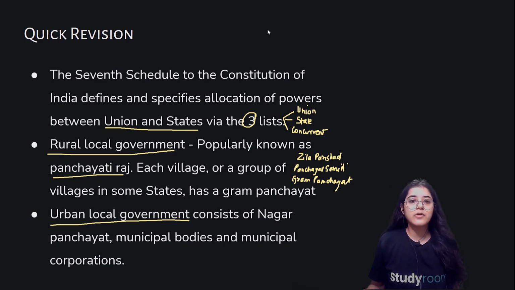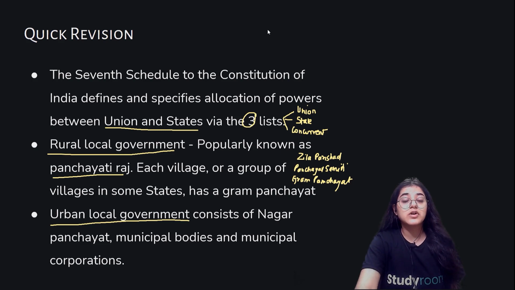Still, decentralization in India is one of the largest ways through which democracy has been propagated in the world, by giving representation at the local government level as well. This is one of the largest democratic steps taken in the world. That's how we can say that federalism and decentralization have played a very important role as the spirit of democracy in our country. All right, so we got to learn a lot in this chapter.